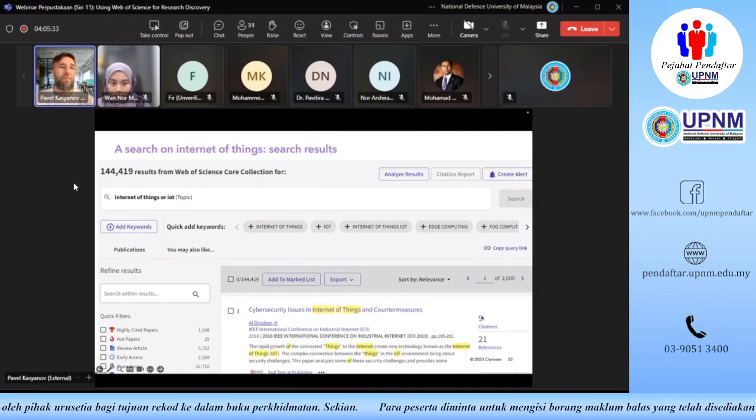And even then, it returned to me, as you can see in the upper left corner, 144,000 results. That's an enormous amount of results. Even if we try to read all these records, probably our entire life won't be enough to read them, and while we're going to be reading them, more and more can be published.